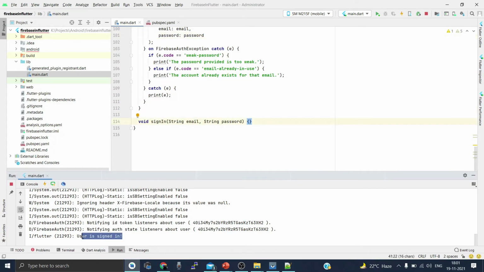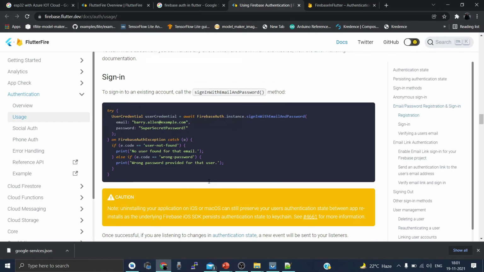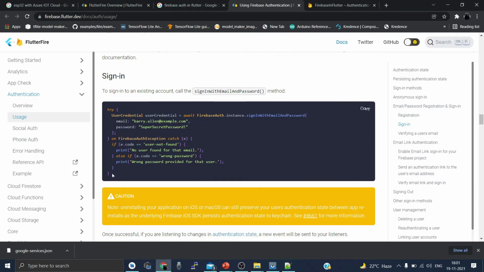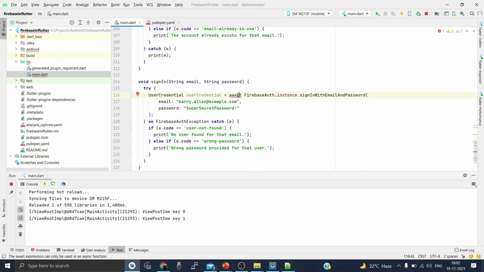So you can see here that it is saying user is currently signed in. What it means is that every time you sign up a new user, your Firebase or the FireFlutter package or the FireFlutter library auto signs in that user, right? So that's why you are seeing a user is currently signed in. So let's get the code for the signing method. And this is a very simple code for signing in as a new user. Again, you have to define the method as async, remove the hard-coded email ID and the passwords.